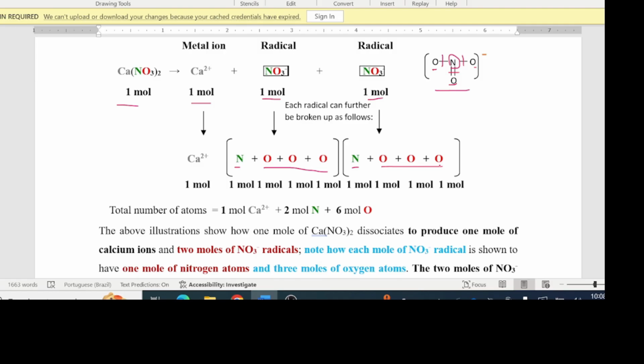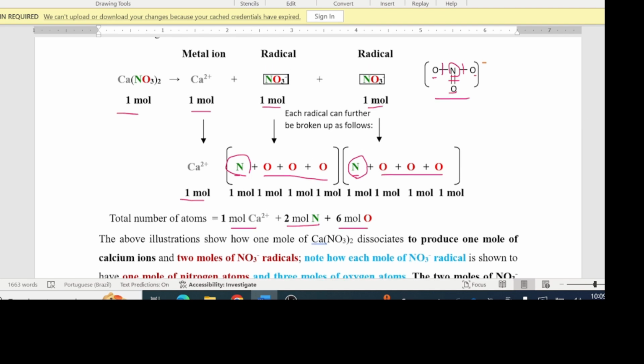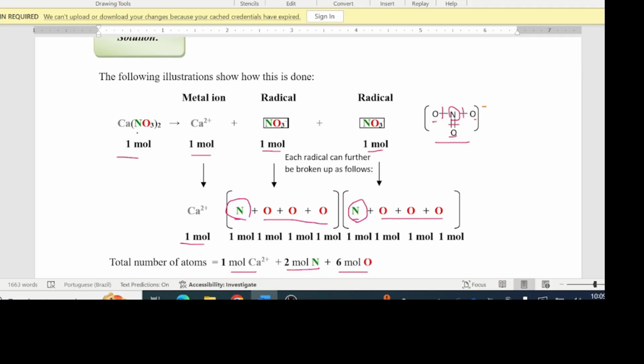So in the end, how many moles of each element will be there? Look, this guy is only 1. You have 1 nitrogen here, and you have another nitrogen here, okay? So then you have 2 moles of nitrogen, 1 mole of calcium, and look, you have 3 and 3, 6 moles of oxygen. So when you want to find the molar mass of a compound that has radicals, look at the compound carefully,